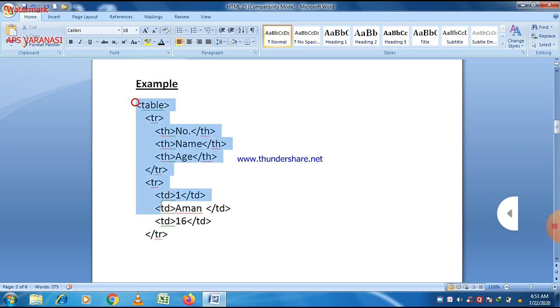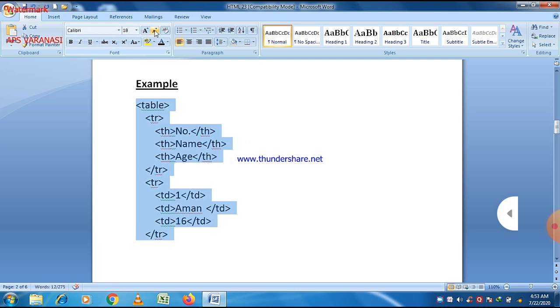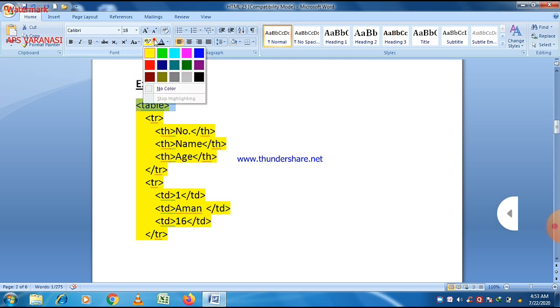As already mentioned in this lecture, there is a row wise implementation in a table, so for this purpose the tr tag is used. So first the table tag, then the tr tag, and then the td tag if required. Td tag means data within that table.